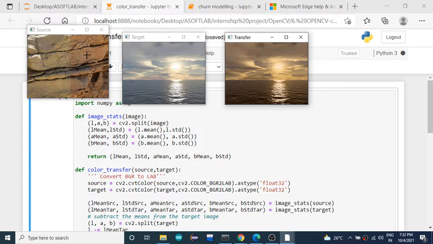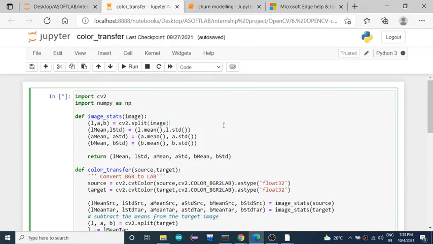Thereby you'll be able to get a result like this. This will be changed by using the method cvtColor, changing the color space using the color code BGR2LAB.